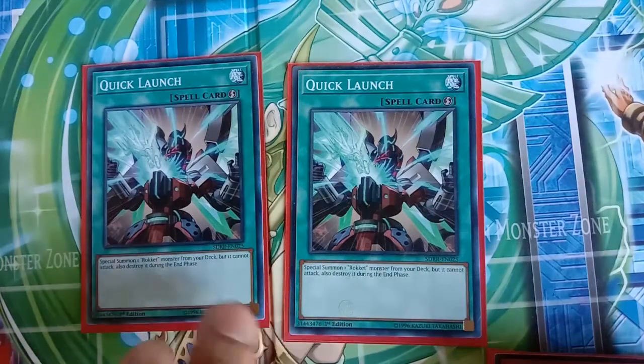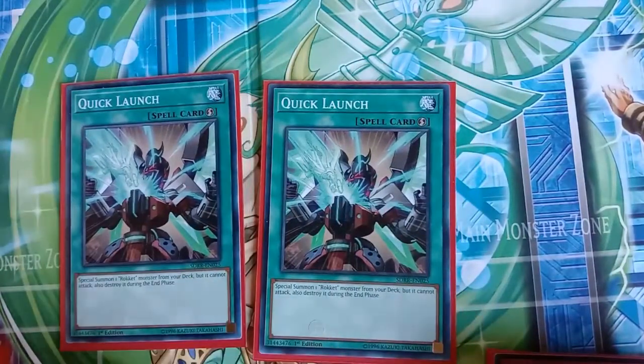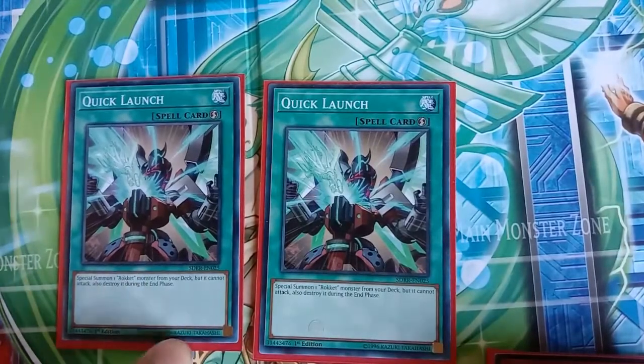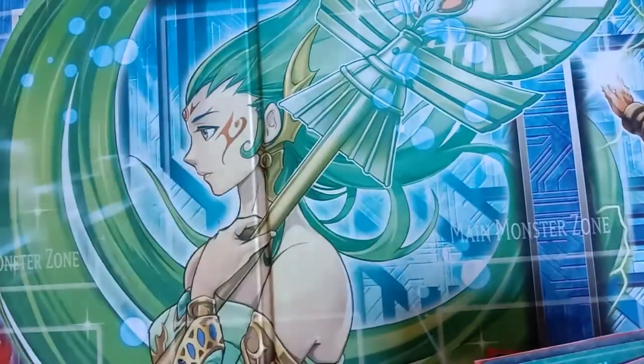Very cool. You can, as a quick play spell, just special summon 1 rocket monster directly from the deck. But you cannot attack, and you have to destroy it during the end phase. But you have to link them anyway. Next,